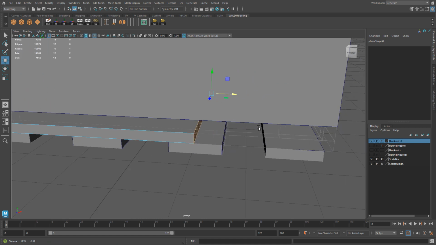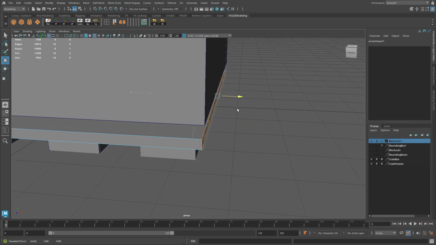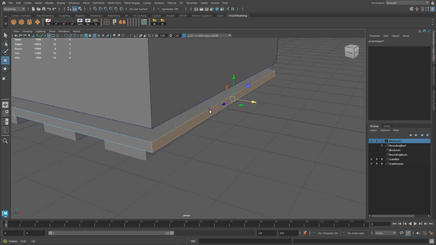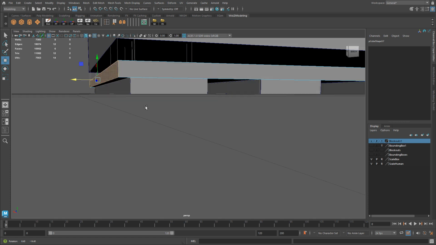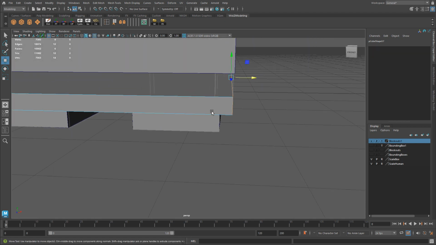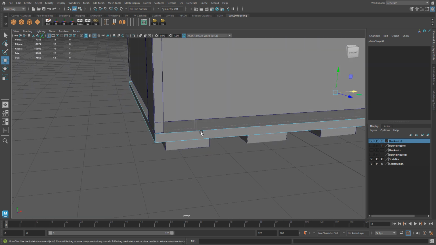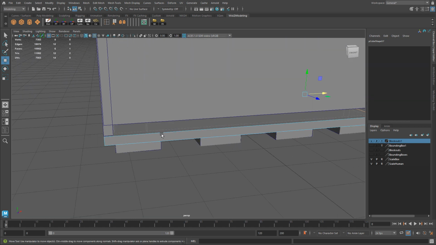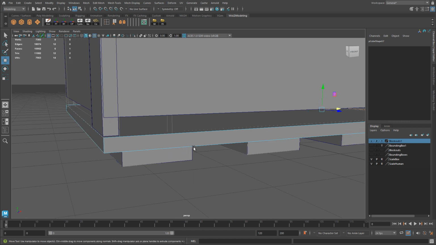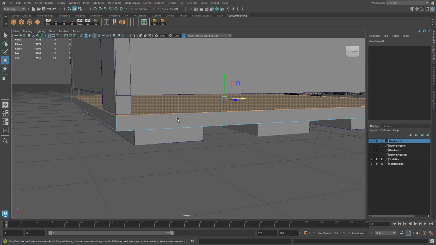Now, could you overlap those pieces? Yes. You probably could get away with overlapping and nothing bad will happen. You saw how big that mesh is inside Unreal, and if there's any overlapping, you would not see anything bad happening. So you could get away with it and not run into any problems. I want to be very precise with this. I like to model my hard surface geometry very neatly, but yes, you could get away with overlaps on this piece of geometry. Now I know that this is at the very top where I need it,